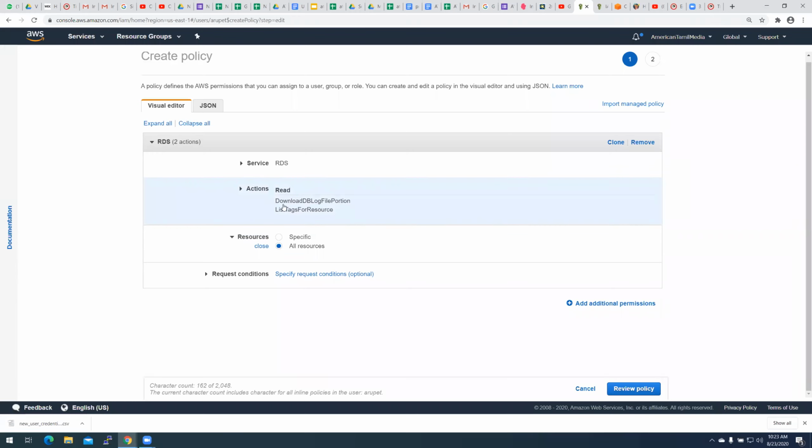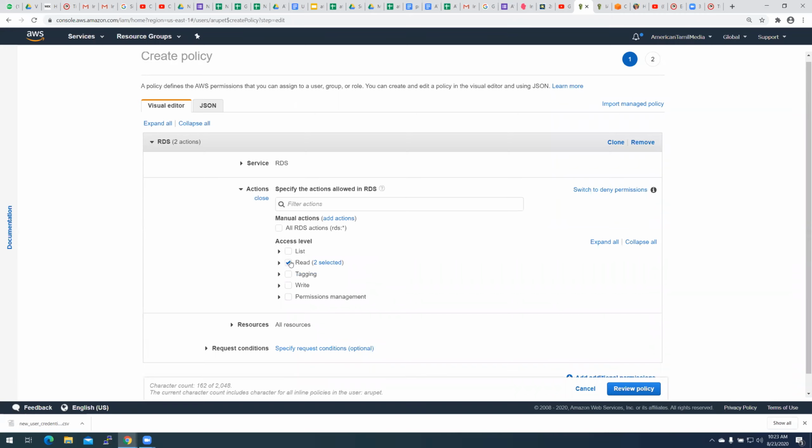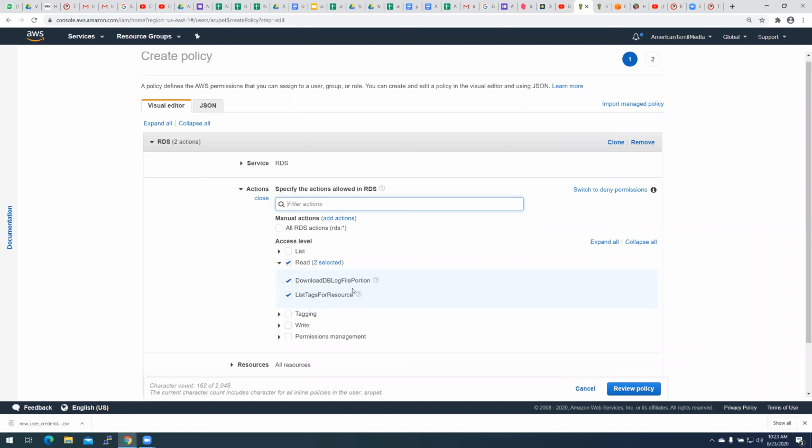So it has only two actions. When we say read, it has only two: download database log file, and listing some of the resources or the tags.